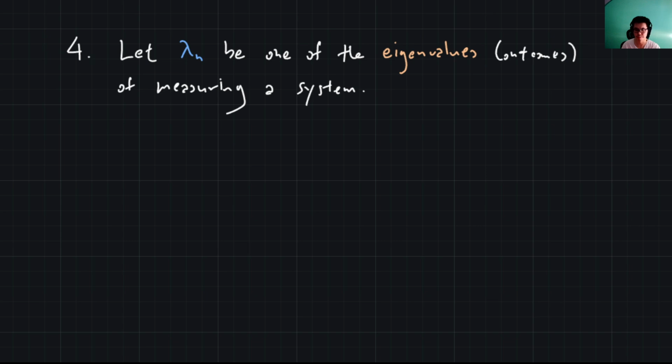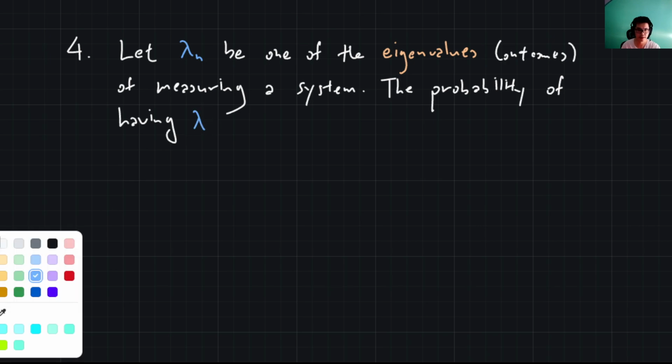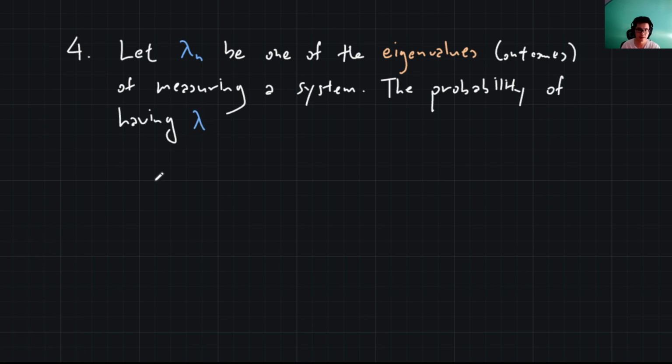This is where the notion of probability comes into place. The probability of realizing lambda n as a measurement outcome